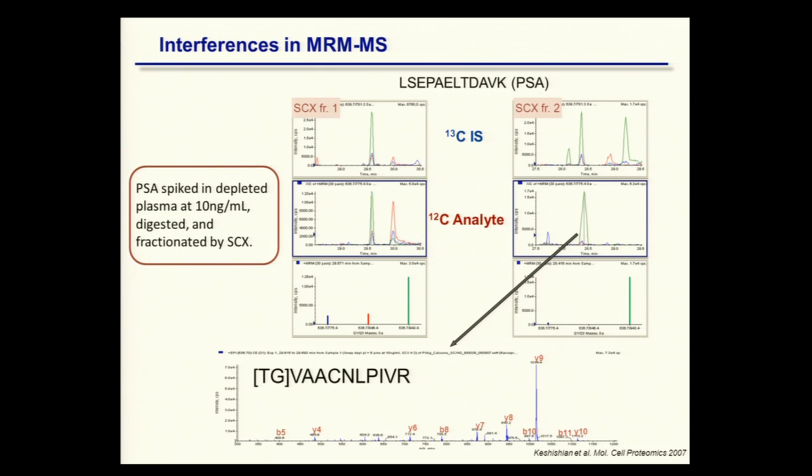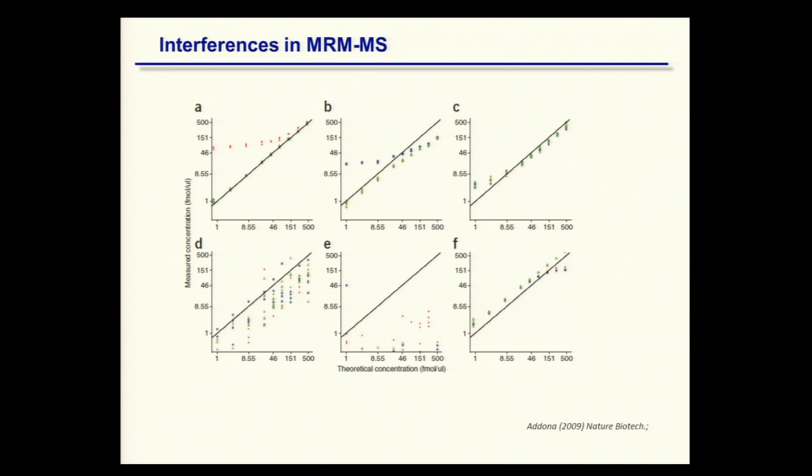So interferences can be a big issue in MRM-MS, and it's very important to detect and avoid them. Not every time can we identify the interferences, but at least we should be able to avoid them. This slide just shows a few examples of interferences in a study where we were looking at calibration curves of spiked proteins